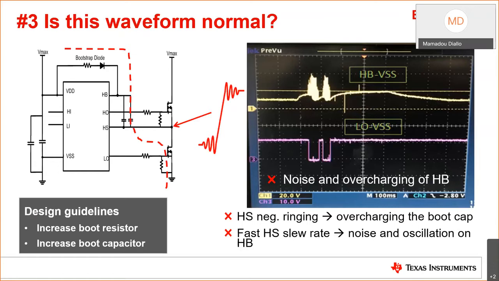An alternate way to resolve this issue is to increase this resistor from the bootstrap network, allowing to reduce peak currents charging the HVHS network, and therefore increasing the time constant RC to charge the HVHS capacitor. This time constant occurring during the high side off time or low side on time explains the duty cycle dependency of these applications.